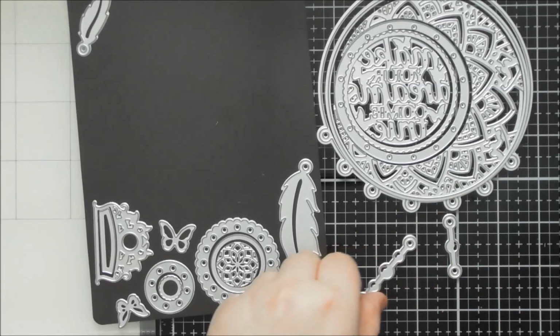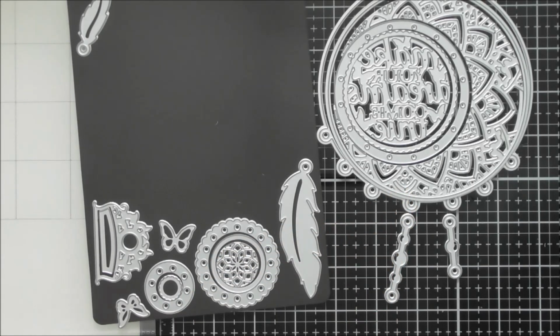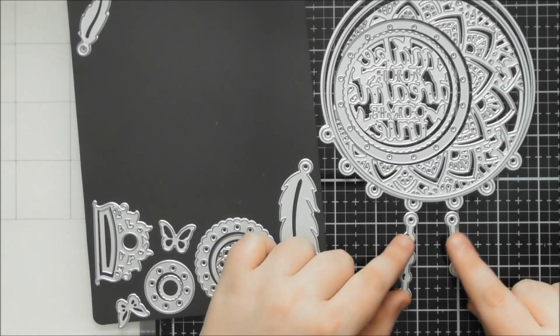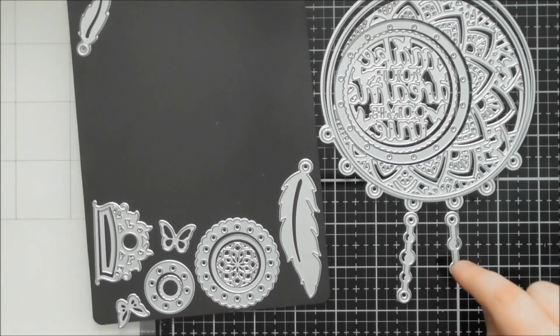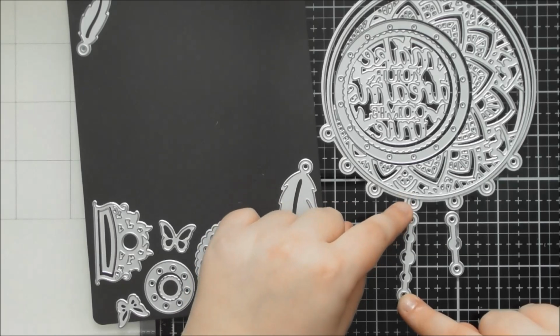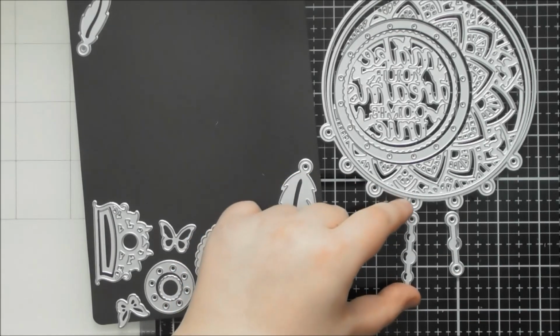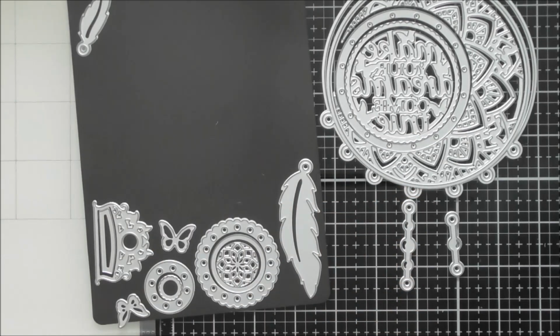But actually I think what you could do with these, if you don't have any beads in your stash or any beading twine that could fit through beads, maybe you're not into jewellery making or you've never ventured into that, you can still give that effect with these dies. So you could either use little bits of baker's twine to link these together. If you did have something like jump rings, you could link them together with jump rings, or if you love your interactive or